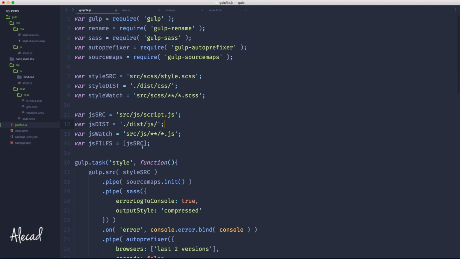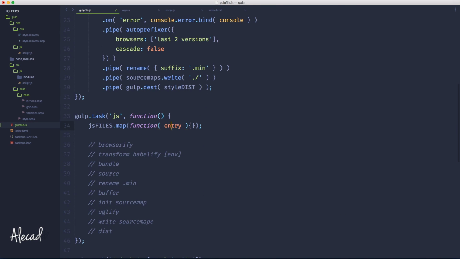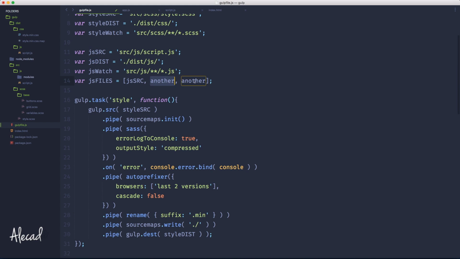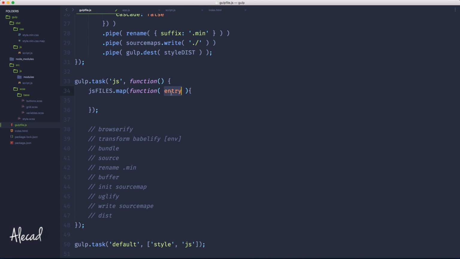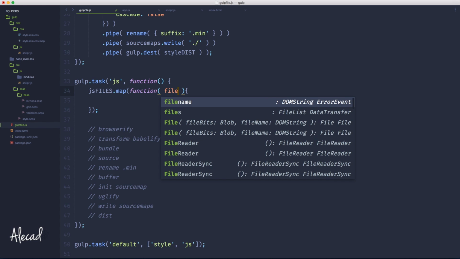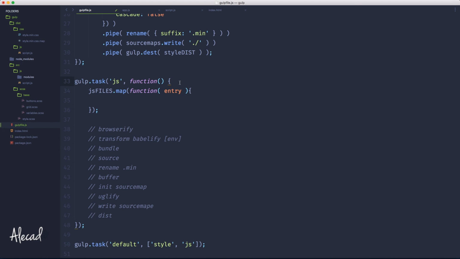So in our case, just JSRC, but if we have another file here and another file here, every time we loop, this entry will match the first, the second, and the third file. So we can handle those files separately, and we don't bundle them all together. So that's perfect. And you can name this file however you want. You can name it just like file. Entry makes more sense because it doesn't interfere with any built-in method of Gulp or other packages that we're going to use. Perfect. Now we need to return all the things that we define here, and it's gonna be super